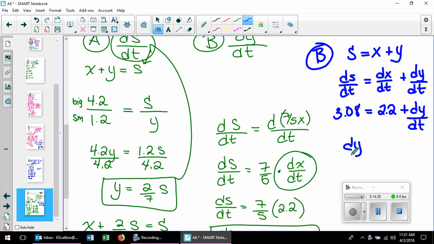So dy over dt is 0.88. So we could have gone the long way. We could have done all of that, but there's really no need to when you have all of it. Let's do